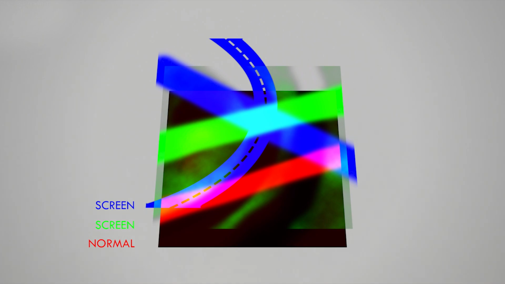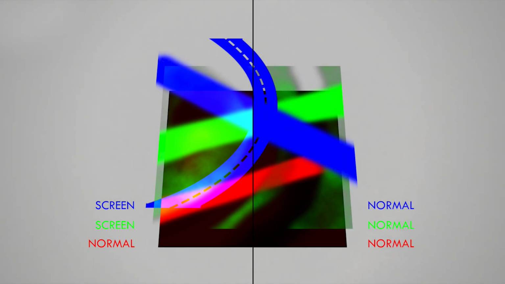Now let's take a look at what happens if those layers were set to normal blending mode instead. Here, to the right, you can see that the overlying layers block out any information in the layers underneath. If you get issues like adding grass to your height map and suddenly there is no longer any ground at all where you added grass, this is probably the problem, and you should make sure that the layer you just added still lets the underlying layers through. Pay attention that setting a layer to screen mode is not the same as changing the opacity of the layer.